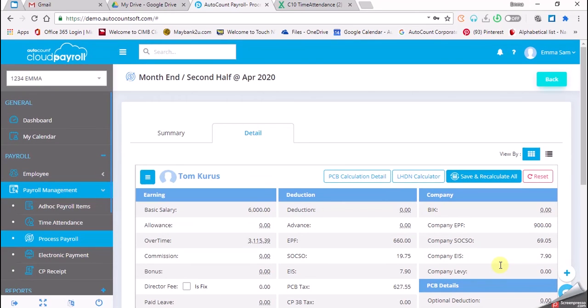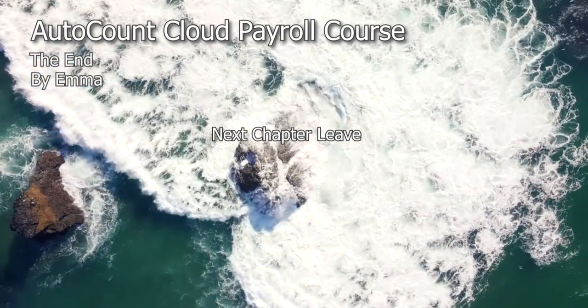So this is the way on how you can calculate or enter your overtime. The first one is by using the ad hoc payroll item, the second method by using the AutoCount Cloud Payroll template, and the third one by using your own template from Excel file. So these are 3 methods on how you can record your overtime. Once you're done, click on back. So we have done for chapter